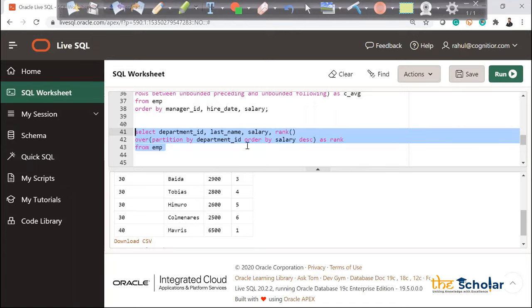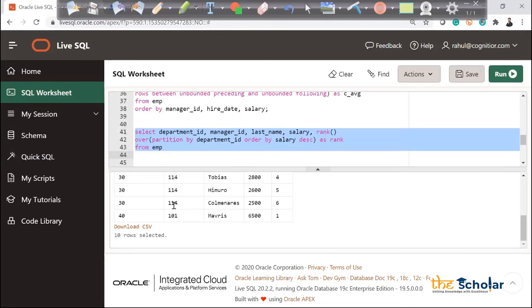Now here, let me update one record for this guy. Let me call his employee ID because I want to show you one more thing. So I'm getting the employee ID of that guy as well. When the employee ID is 119, I'm updating this record. Let me complete this and I'll take the question.